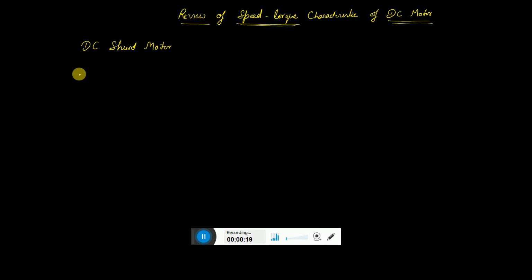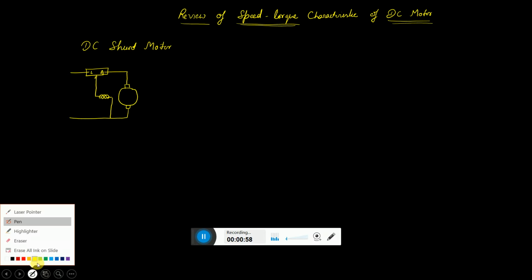If I draw the circuit diagram, usually the DC shunt motor is connected through a starter, with the nomenclature called LFA. And this starter helps to limit the starting current. Further, it is connected with the armature, and the field winding we can show from the F point. Like this. So here the terminals may be named as,